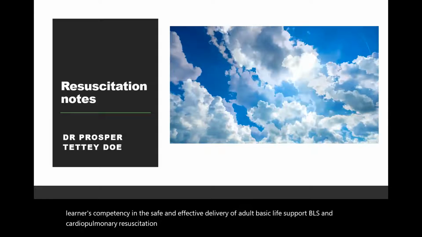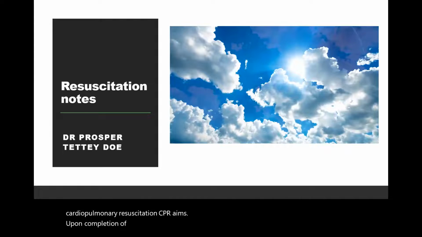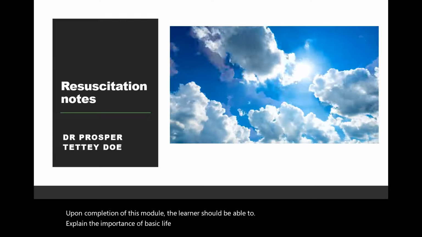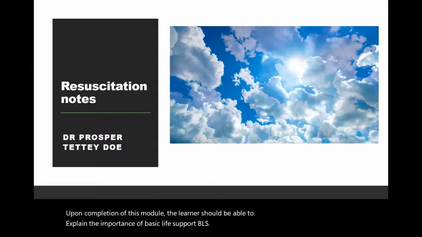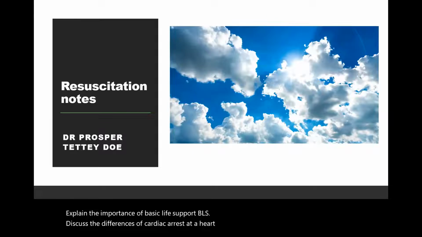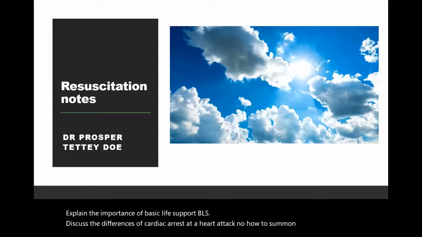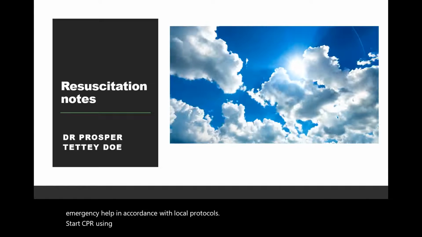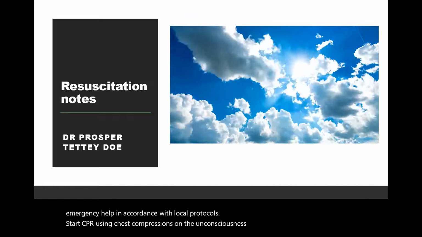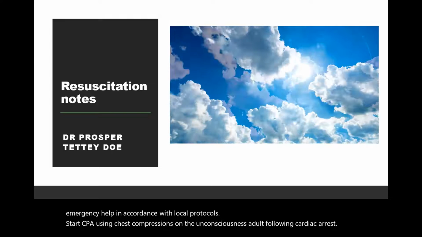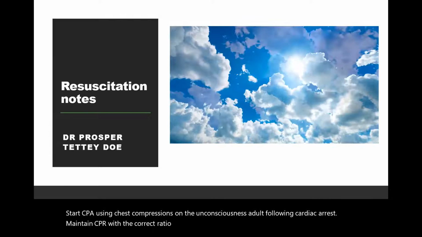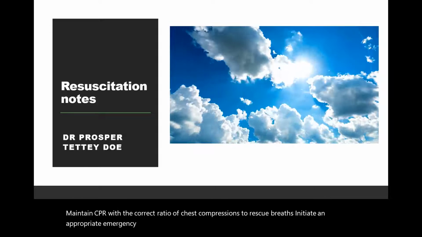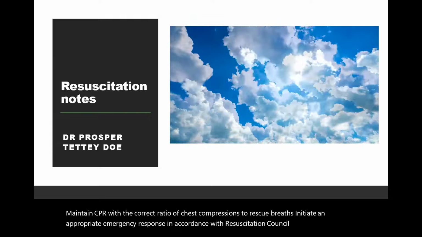Upon completion of this module, the learner should be able to explain the importance of basic life support, BLS, discuss the differences of cardiac arrest and a heart attack, know how to summon immediate emergency help in accordance with local protocols, start CPR using chest compressions on the unconscious adult following cardiac arrest, maintain CPR with the correct ratio of chest compressions to rescue breaths, initiate an appropriate emergency response in accordance with Resuscitation Council, UK, guidelines,